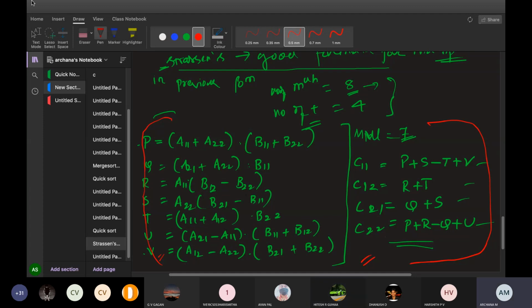Yes, ma'am. This is just a formula, nothing apart from that. Based on the formula, we have to solve the matrix multiplication they give us. Okay. So I'll wind up today's class. Tomorrow we will go with the next class. The same thing I will go with tomorrow. You can join the next class now.